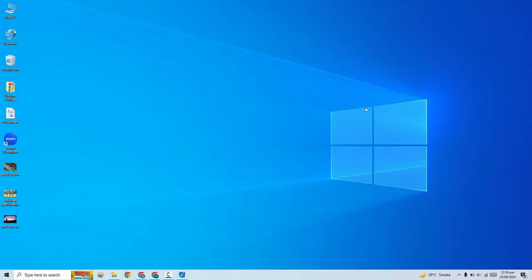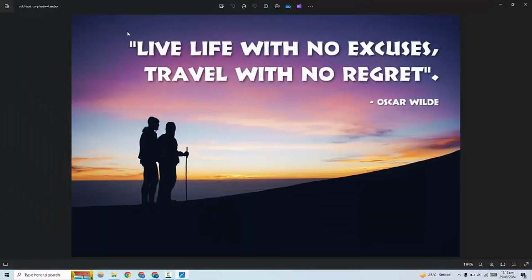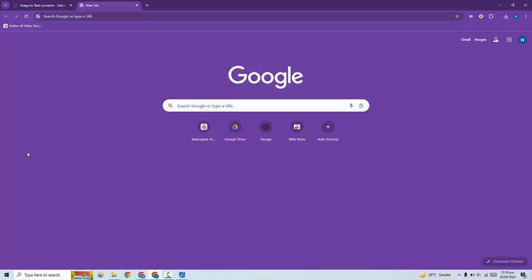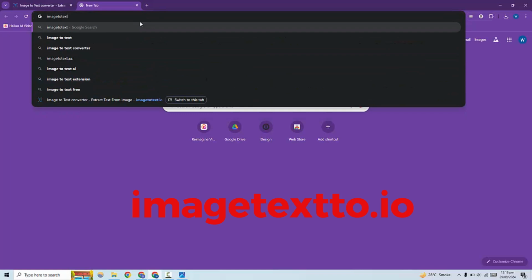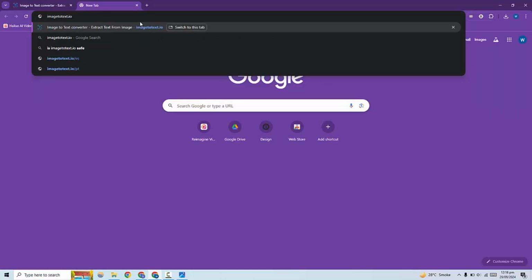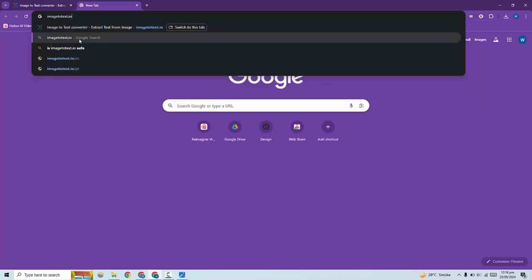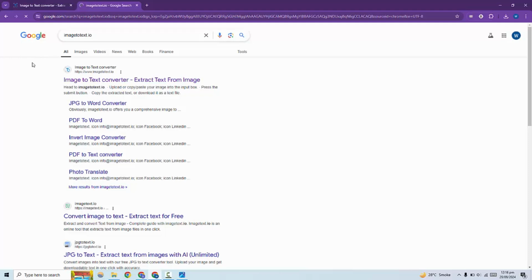How to extract text from the image. I will extract that text from the image. First of all, open any browser and go to the search bar and search image to text.io. When you search, just click on enter, and when you click on enter, here you can see the